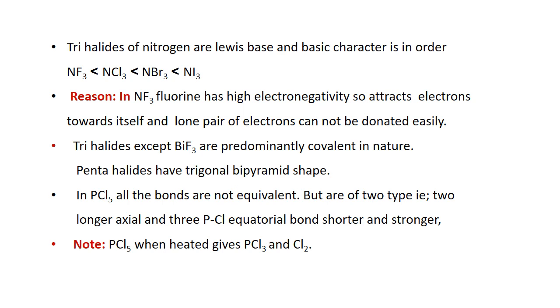So the axial bonds are more repelled, and these are longer and weaker. And the equatorial bonds, which are 3, are shorter and stronger. So when PCl5 is heated, it gives PCl3 and Cl2 because the two axial bonds are